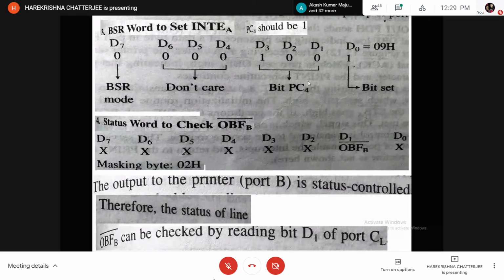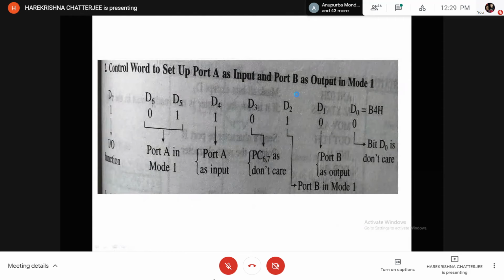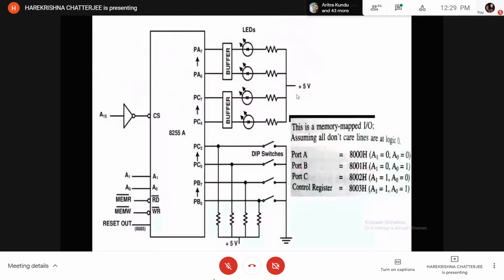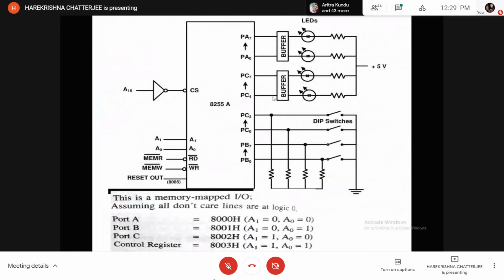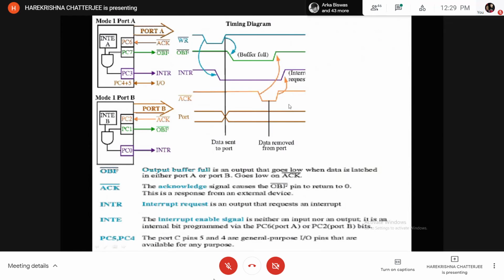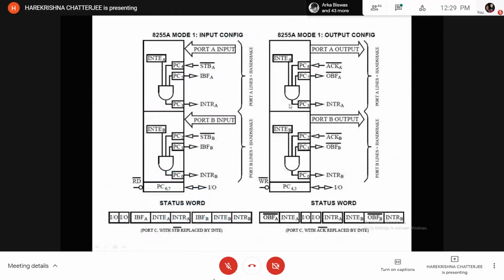Okay, so again, PC4 bit is to enable the internal interrupt enable flip-flop for port A, while the corresponding bit is PC4. Let us have a check. You have done it the day before, but let us go through it again. Port A is configured as an input port; the keyboard is connected. See the corresponding status word